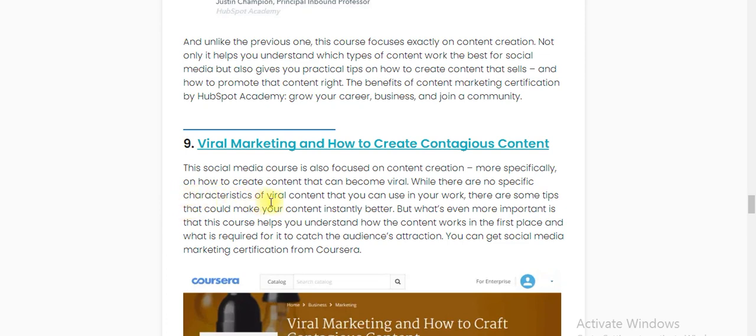It is for content that you can use in your work. There are some types of content that would make your content better, but what is even more important is what is required for it to catch the audience's attention. You can get a social media marketing certification from the course.